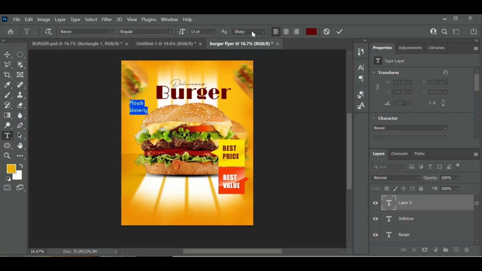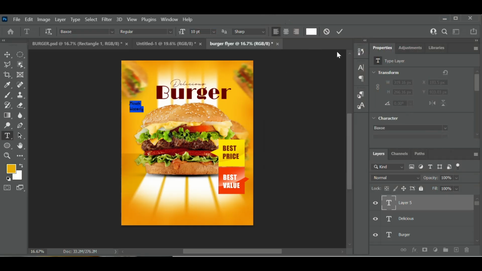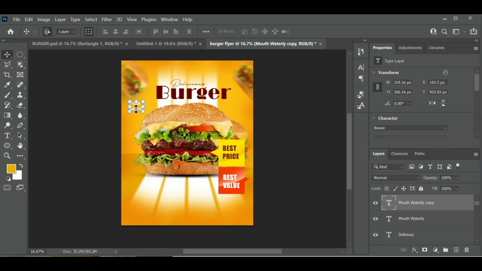Let me reduce the size a bit and then change the color to white. I'll click on OK. This. So let me duplicate this. Control and J to duplicate this. Let me move it to this side. Sorry. Let me move the duplicate to this side and then also try and